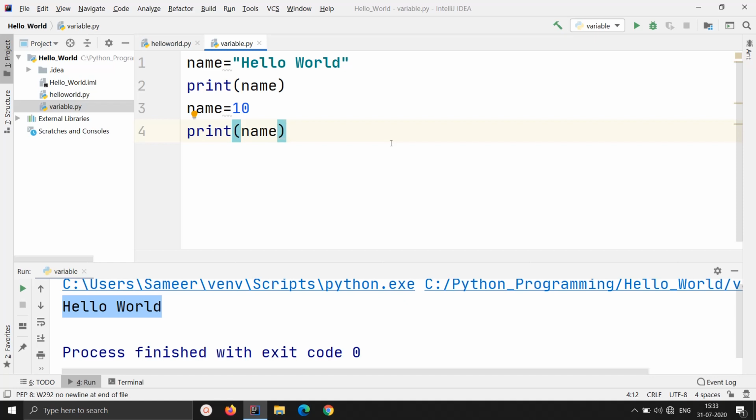The thing that I have done here is that on the first line I have given name and I have passed a string value to it. I have written the printf print function. On the third line, I have given a numeric value, specifically an integer value, to name again, and right now I am printing the name.